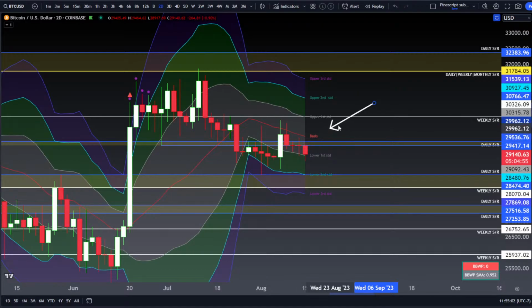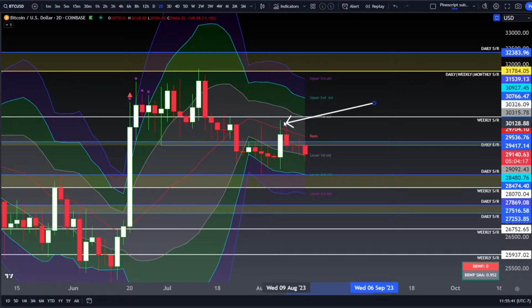That would then raise our targets to around where the upper first is coming in on the 2-day. And that is the weekly overhead resistance, and that is coming in at 30,315. Basically right on that weekly overhead resistance currently. Now this will shift at today's closure and probably move slightly under it. So I would say if it is under that area and Bitcoin is moving up on the daily, that's going to be a big significant area of overhead resistance, obviously on the closes that I was talking about at 29.8 to